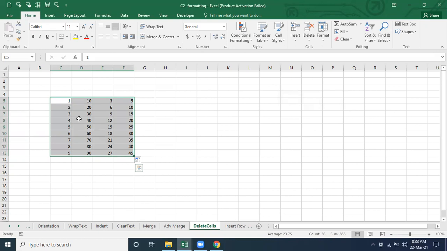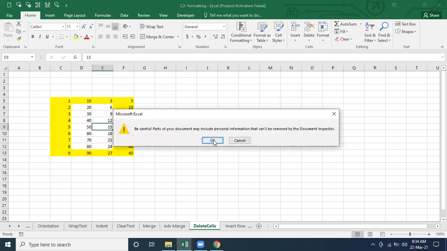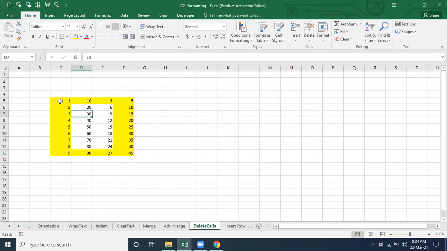Either you can do delete or you can do clear, right? That one only I want to understand. What do we have to do? Press the delete button or use the clear? If you want to clear the content, you can do the clear. Delete is not going to clear the color, right? Yes, exactly. Clear means it is going to clear the value. Delete means it is going to delete that cell permanently.